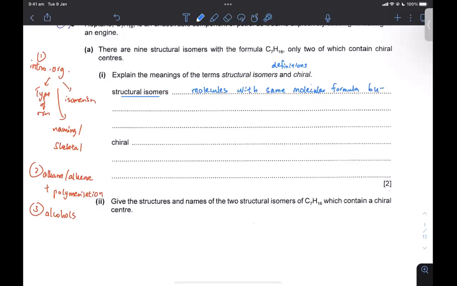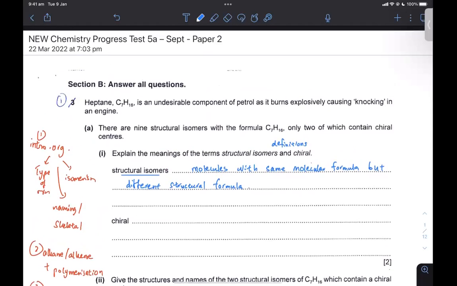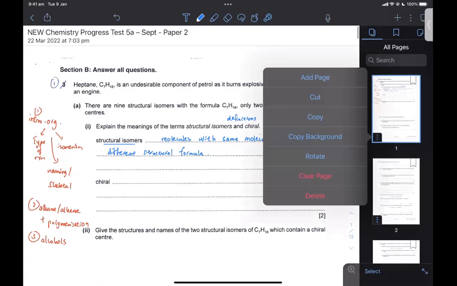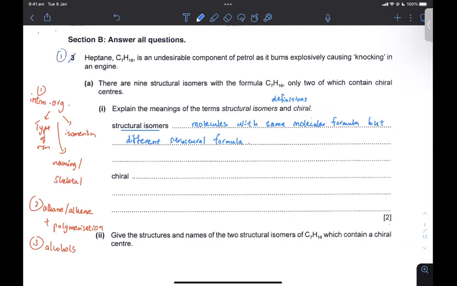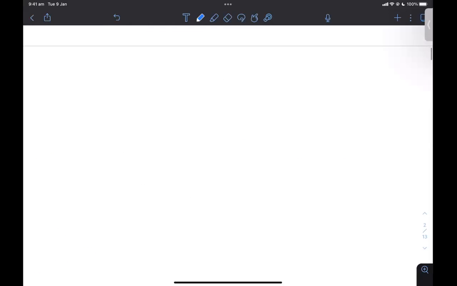But then what is different will be the different structural formula. So you should also know that structural isomers are divided into 3 specific branches. So let me just quickly show you some stuff. Structural isomerism can be divided into 3 main types. The first one is what you call position isomer. So from the name itself, you would have heard of things like